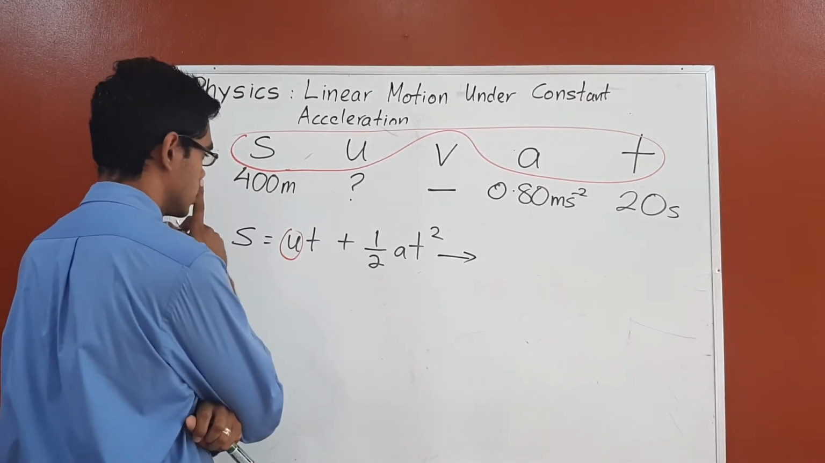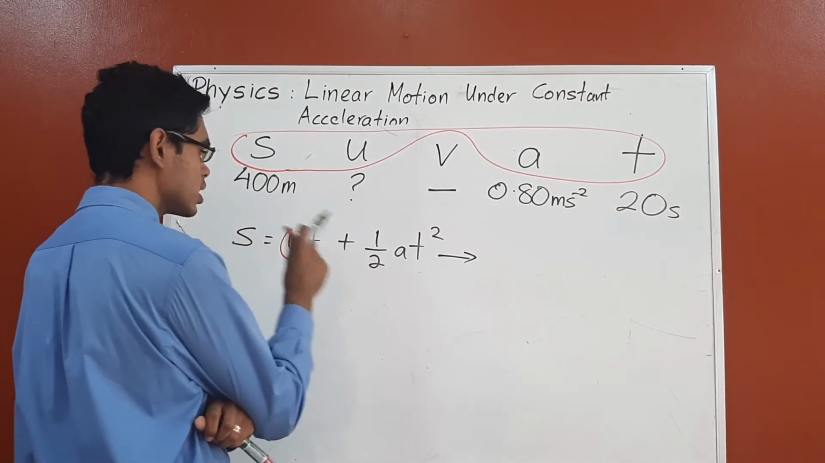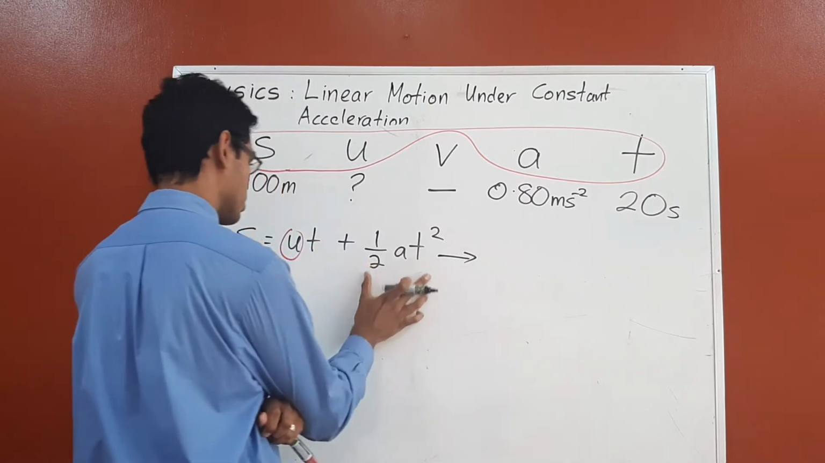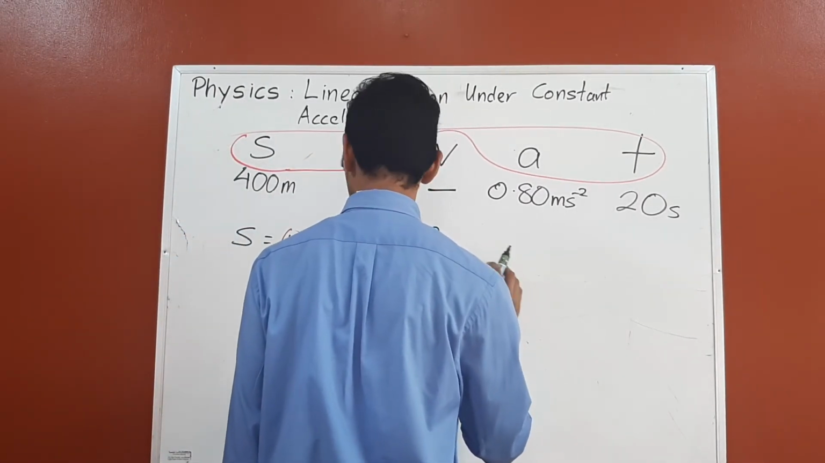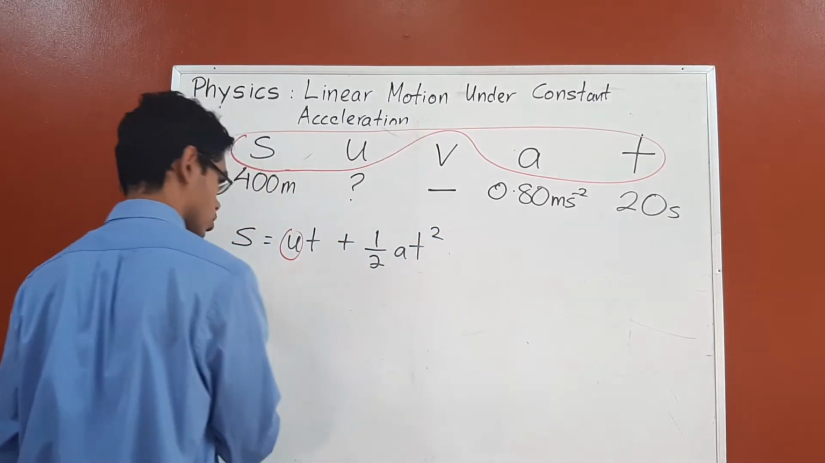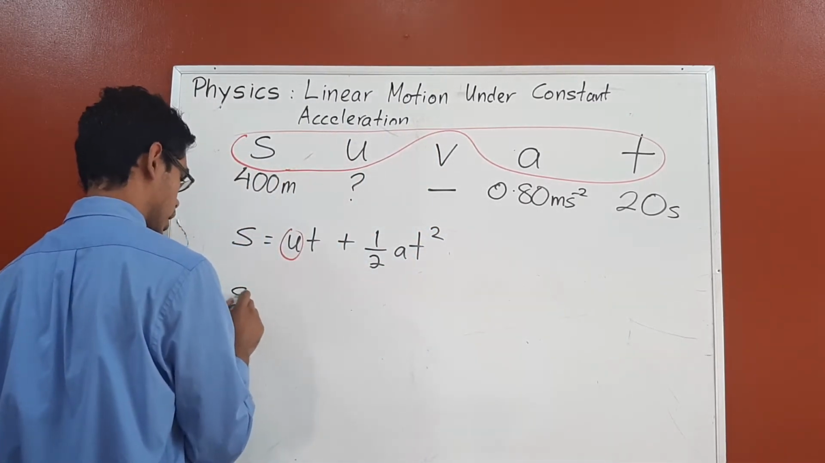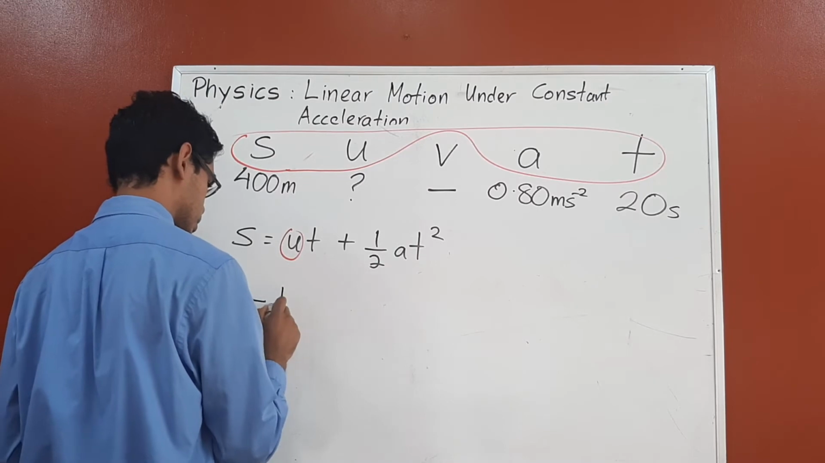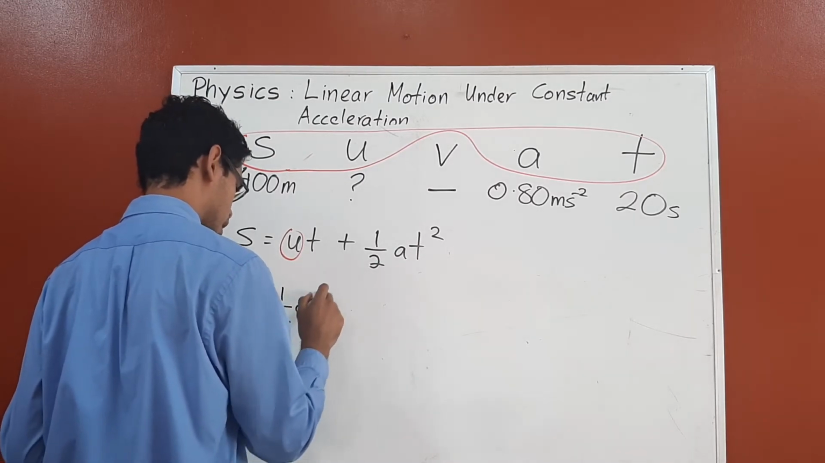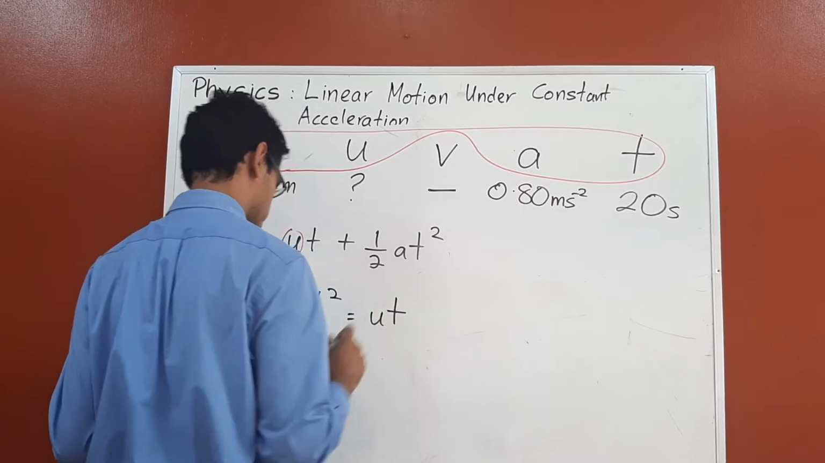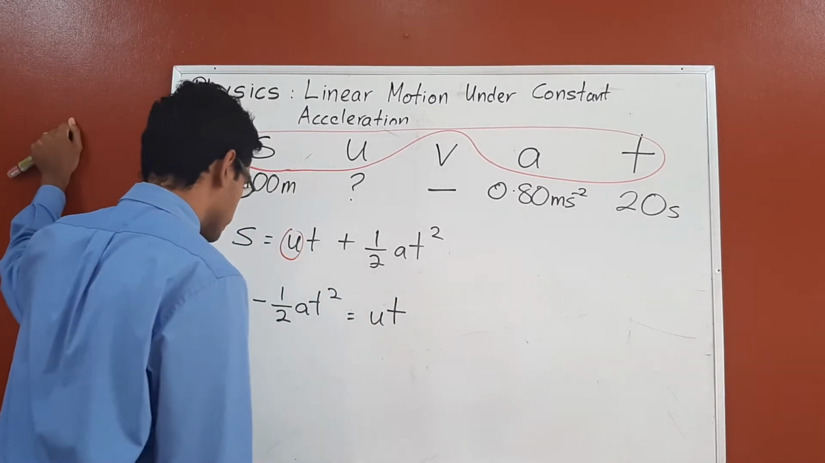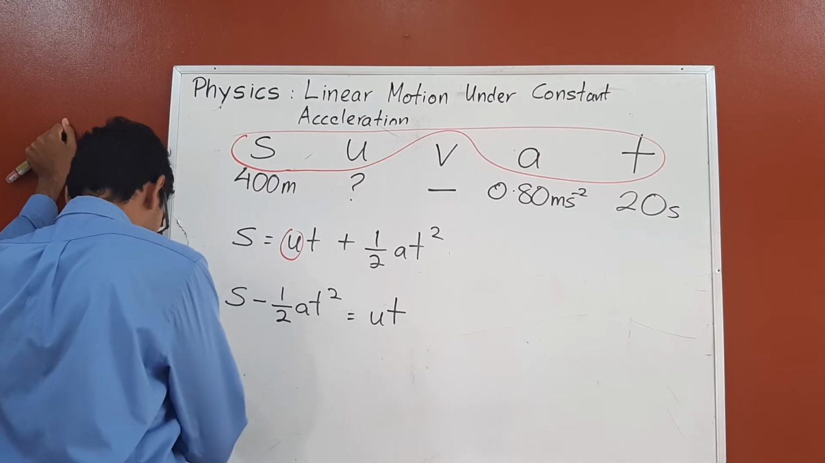Well, first, I might just want to take this term and move it over. So I will get, let me go over here instead, S minus a half AT squared is equal to UT. Alright? Then,